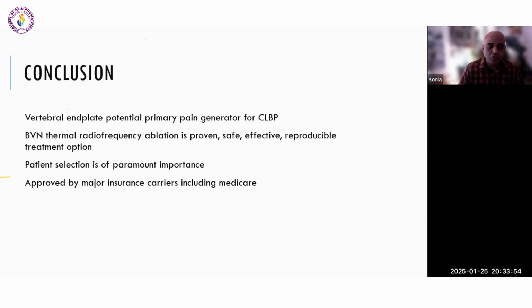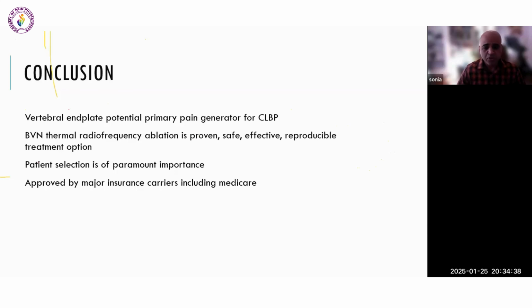Our vertebral end plates can be the source of pain. Understand the pathophysiology, because the pathophysiology makes sense. If you understand that this makes sense clinically or histologically, then we are on the right track. There is enough histological evidence that they can be damaged or irritated and can cause pain, and there is of course radiological evidence which can validate that. At least for now, we have an option which we can offer to these patients to improve their quality of life. And the last point I want to mention is about the North American Spine Society's